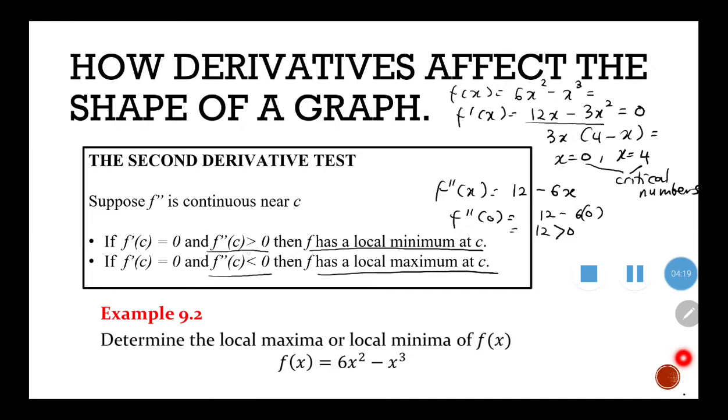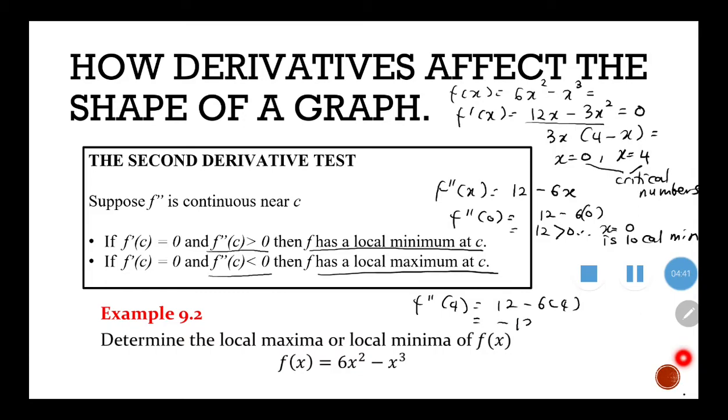So if it is larger than 0, then f at x equal to 0 is a local minimum. Okay, now we put in 4 and see,